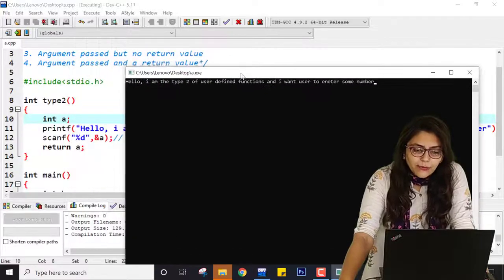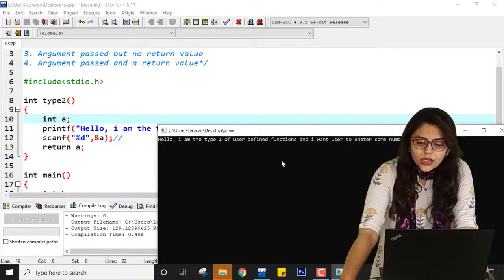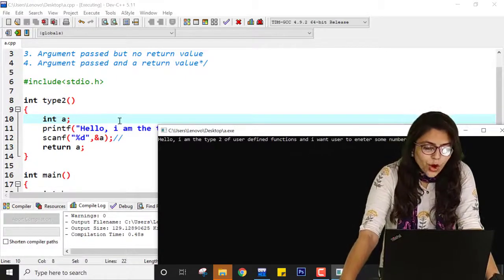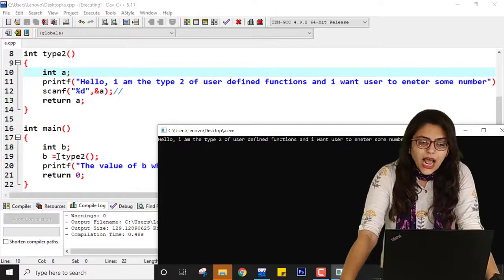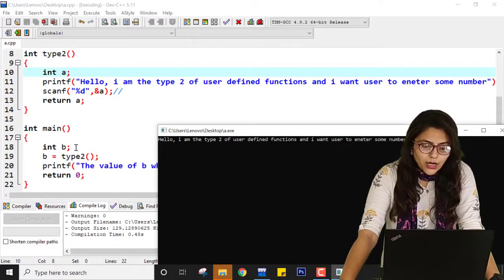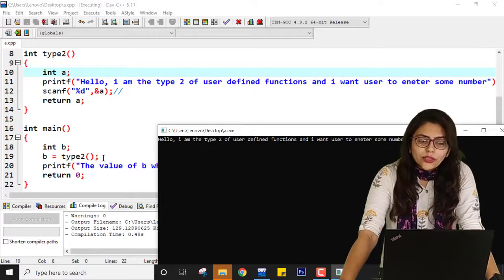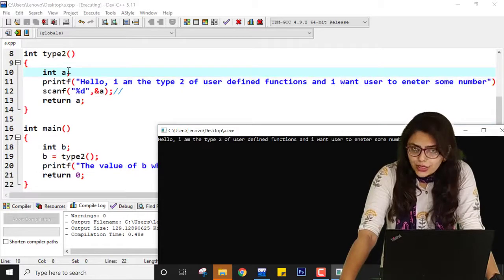So hello, I am the type 2 of user defined function, and I want the user to enter some number. The spelling is wrong, I'm sorry for that. So what has happened here? First it will start with main and create b. Now what is the value inside b right now? Garbage value, but here b equal to type2. It does not know what exactly this type2 does, so it will go to the definition. Here it will create one variable a.